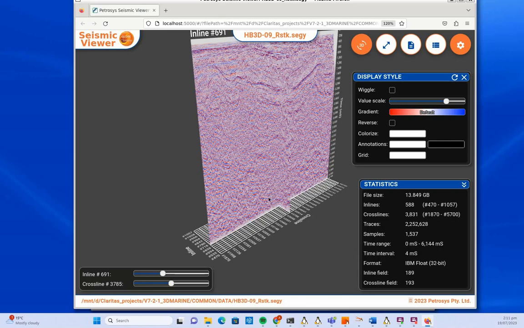And I will look to add new functionality through coming releases to make this more of a powerful tool, but certainly it's a 3D viewer. It's an improvement over our current 3D viewing capabilities. And you can also view 2D lines within the application as well. But obviously we look forward to your feedback on this new application, and any comments you want to give us,